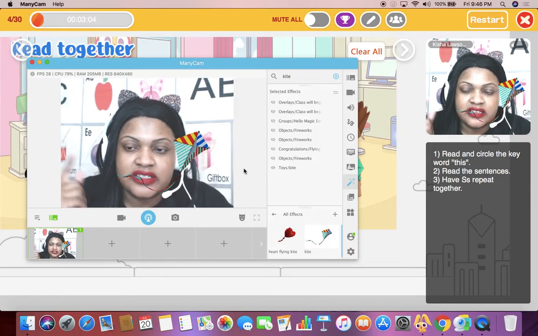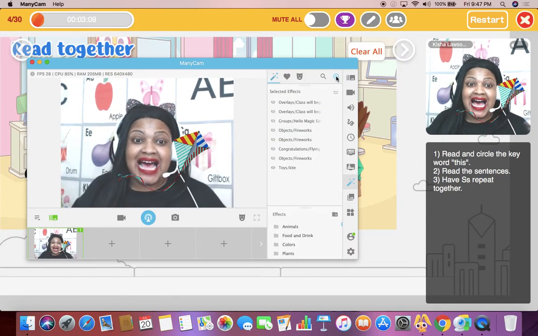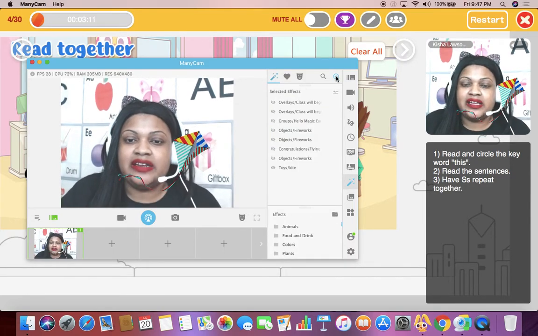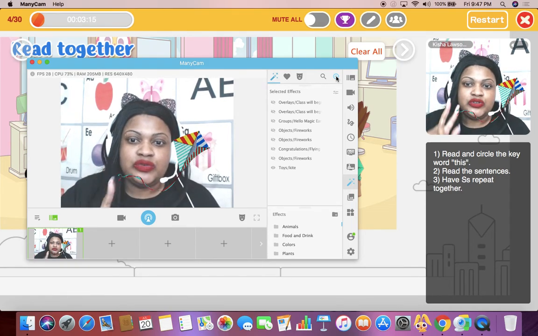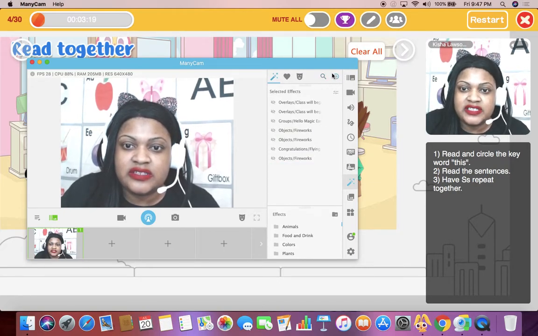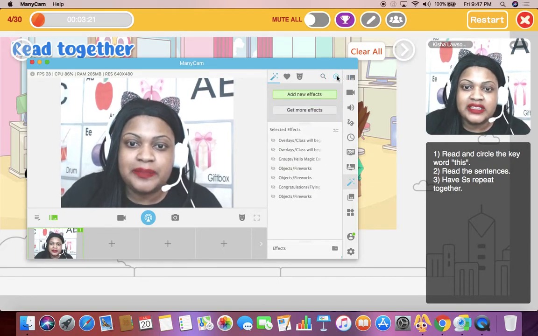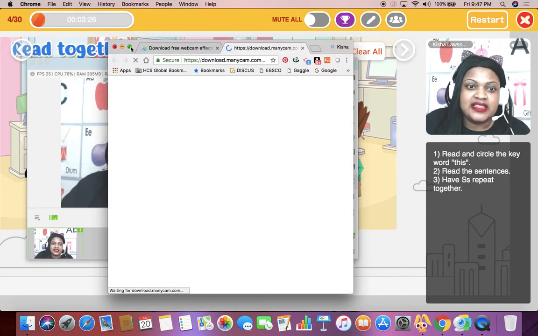Anyway, so let's take a look. So I have a kite here. Now, let's say I did not have a kite. Here are your two options for Manycam if you do not have a prop that you see listed. So let's take this off. See this little plus button here. Click the plus button. Now, get more effects. This will take you